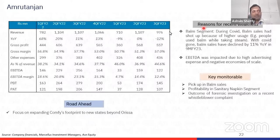Another thing which gives us comfort is that their balance sheet doesn't have debt. In fact, they have almost 200 crores of surplus cash on the balance sheet. So for any company which has such a good cash generating profile, it is difficult to believe that there will be a lot of siphoning or gold plating happening in this company. But nevertheless, we will wait for the outcome of the forensic investigation. So once the company makes public the report, we'll go through it and we will take the necessary action that